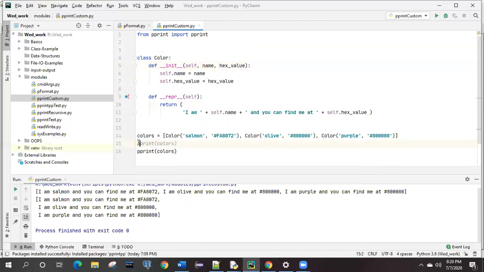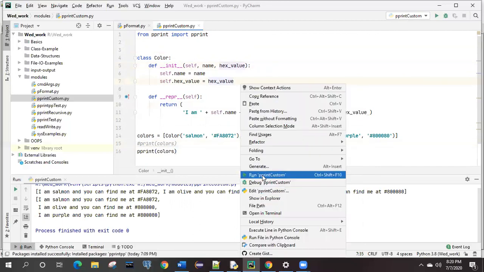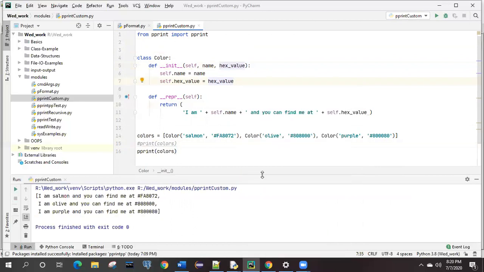Let me comment this. See this one. Okay, it was giving us different output. Yeah, because if you see the return statement, line number 10, we didn't tell it to print all the different items on different lines, right? But automatically it is printing that way, like how it works internally in the previous example also, we have seen, right? Whatever list content you pass, it will break element by element into a new line.